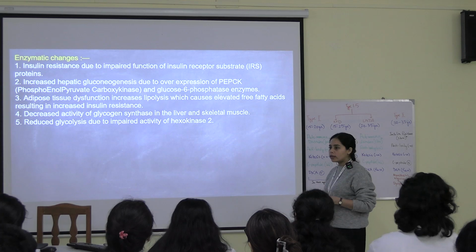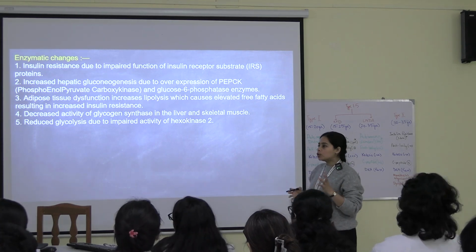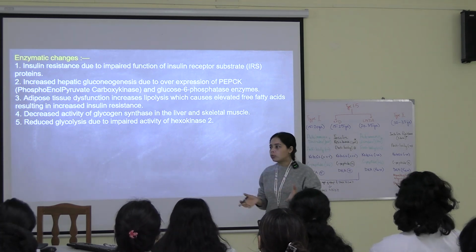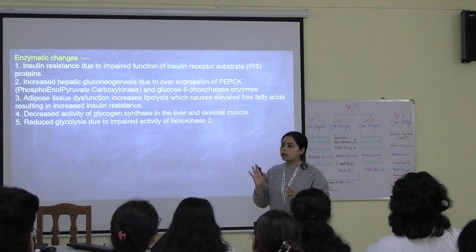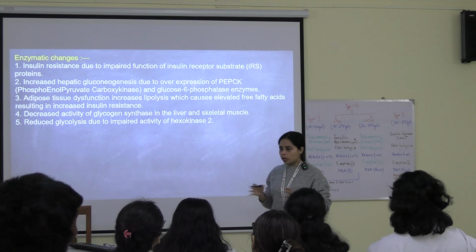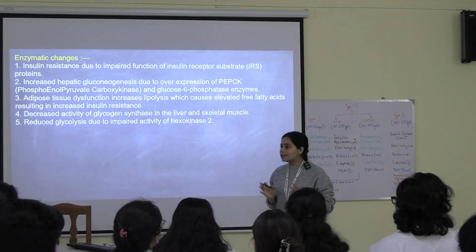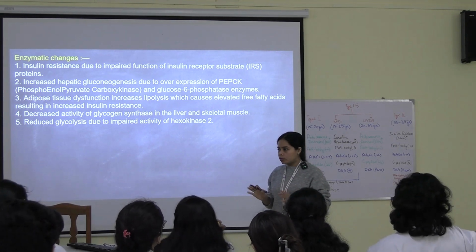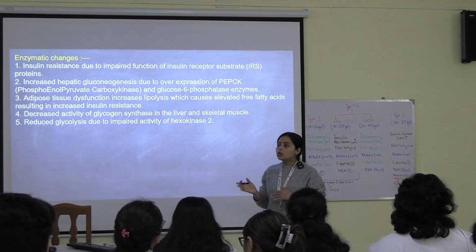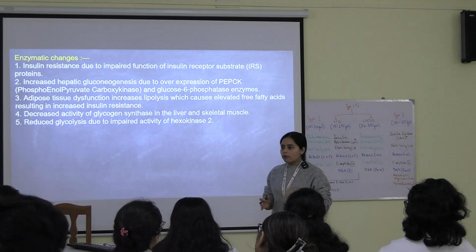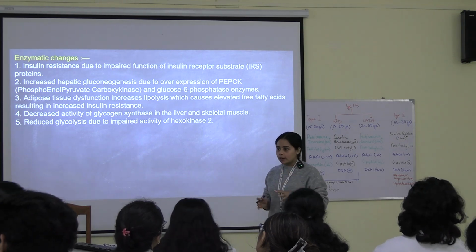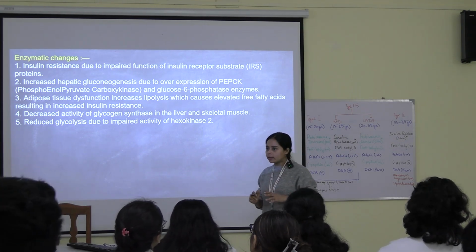What is glycogen synthase? Suppose I ate food, and now I have 300 sugar in my body. My sugar is 300. Is that normal? No. So much is not required, right? So how do we bring it to normal? The amount of glucose I need for the functioning of my body is there, but the rest of it is circulating in the body.